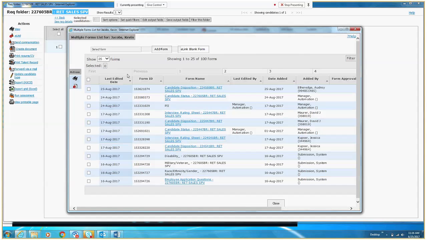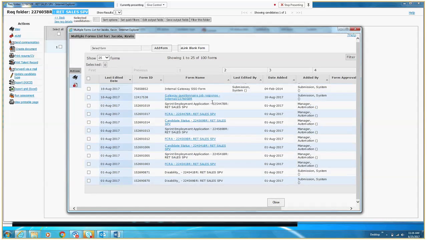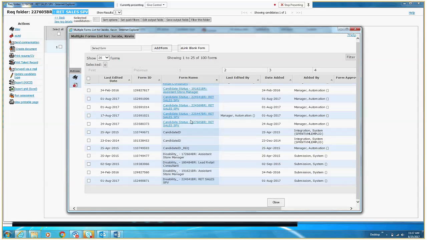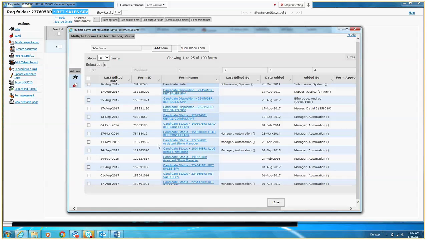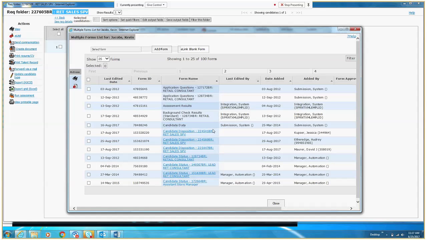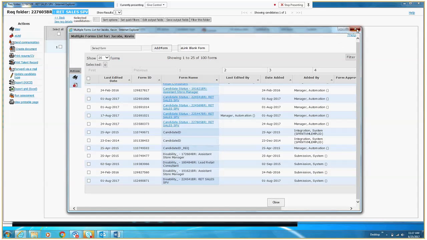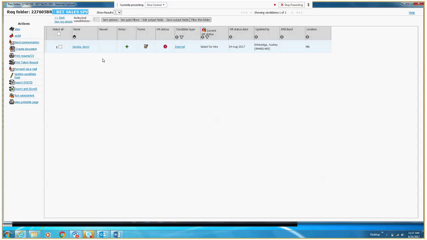I thought I saw one, but wasn't sure. There's one for rec 2254447, but not for 227605. So in order for that hiring manager to complete that interview rating sheet for that rec, I thought I saw one for that old rec, and it looks like they decided we're going to go with the new hiring manager with a new requisition.